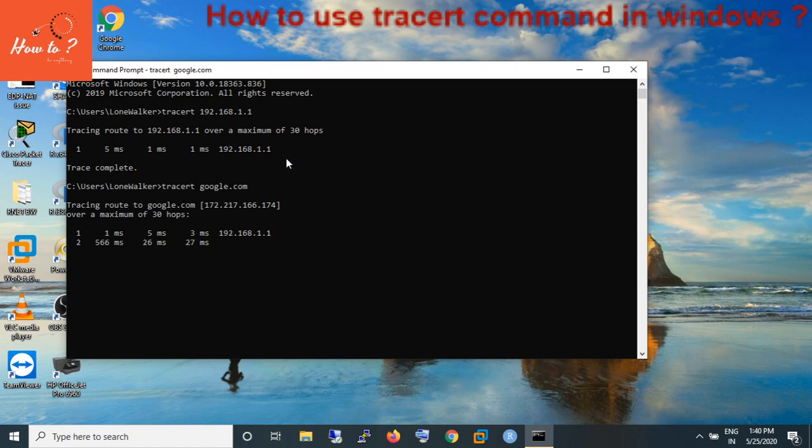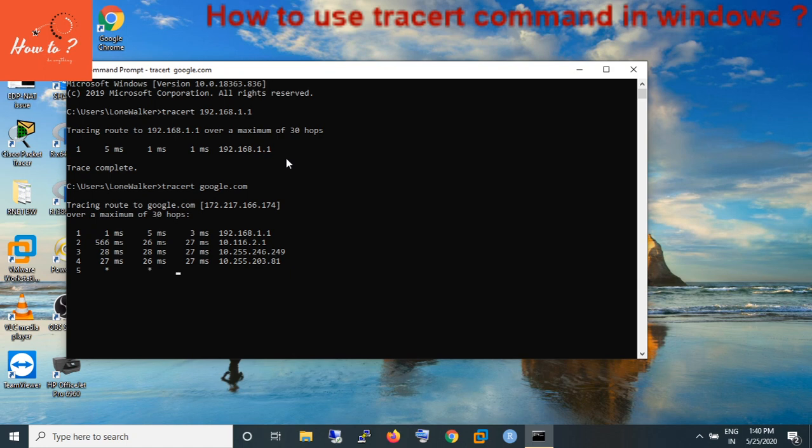So here this was my router. The next is my ISP router, and so on. This will move towards a series of devices, basically routers or some switches.